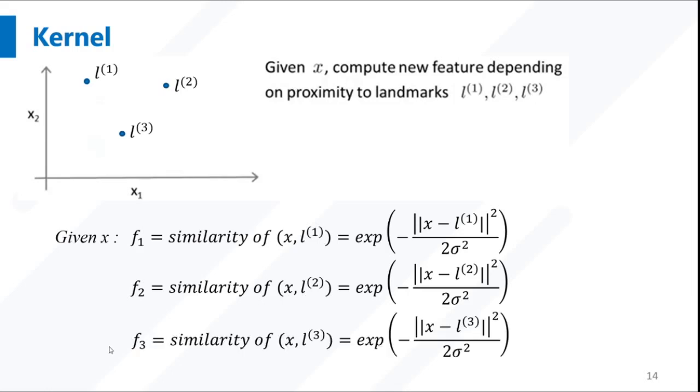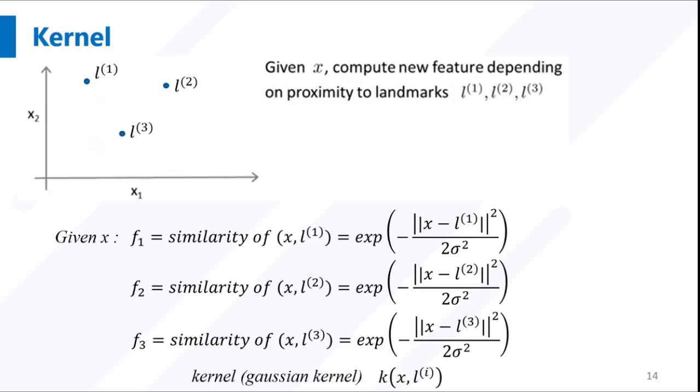So there will be another feature, f3. It's not a feature vector, it's just a feature, that means a scalar quantity: the similarity of x and L3. For example, if this is x at that point, how close that point is to L1, to L2, and to L3 is given by f1, f2, f3. So instead of writing the equation we used in the previous slide, f1 equal to x1, f2 equal to x2, f3 equal to x1 multiplied by x2, we will now define the features with this equation, and that will be advantageous in terms of